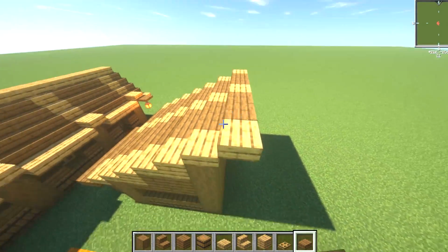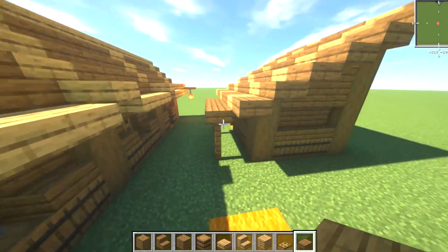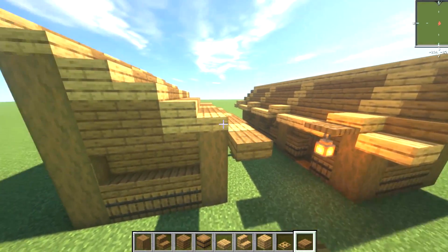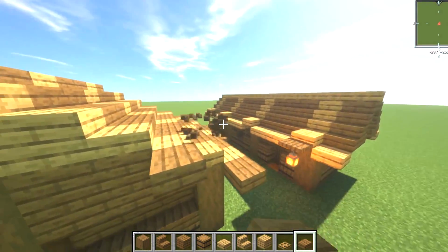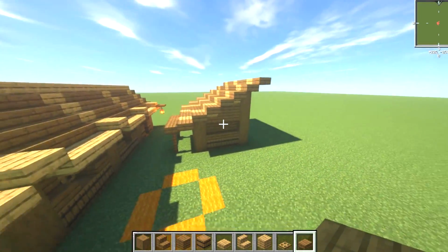Just until they join onto here, and then we'll just go off by 1 on the sides of this. Just onto the side there like that. And same on this side as well. So just building all the way up like that. So we just get this kind of nice